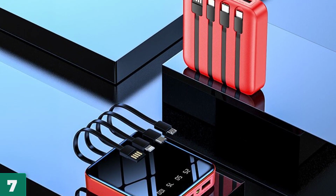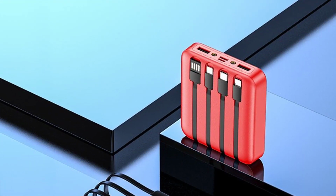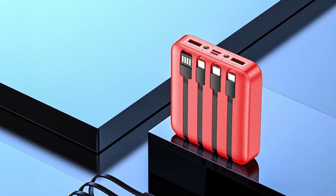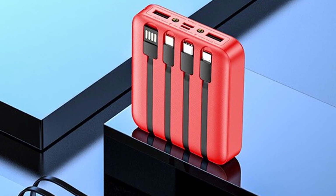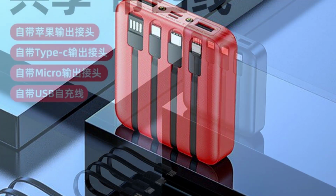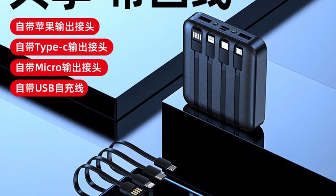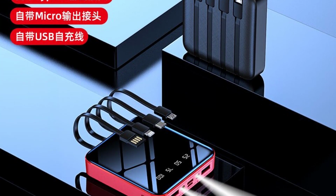Number 7. Mini Power Bank 10,000 mAh external spare battery with portable charging power cable flashlight for iPhone, Xiaomi, Samsung charger. Certification: PSE, RoHS, FCC. Max input 10W, shell material plastic, features with flashlight, built-in cables, digital display, charger and